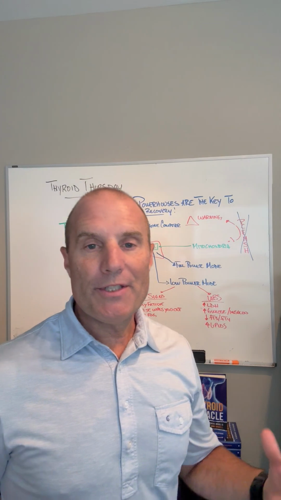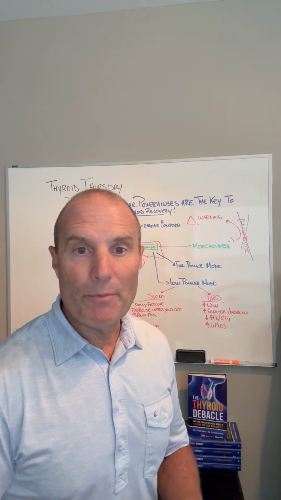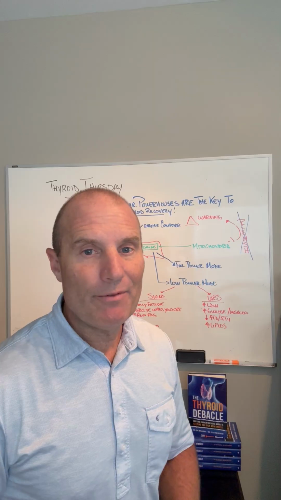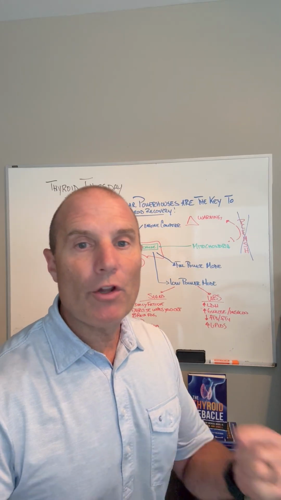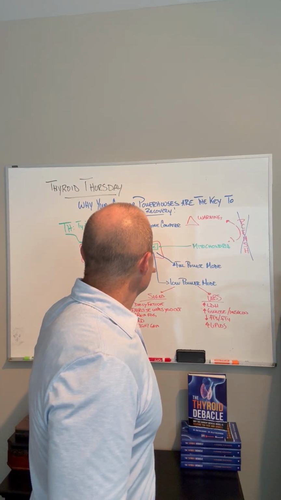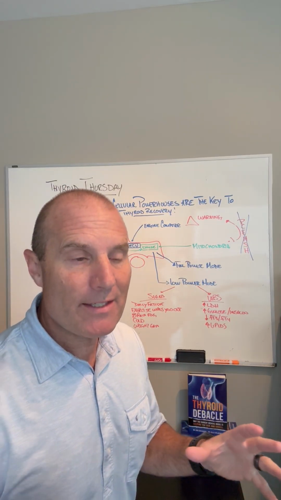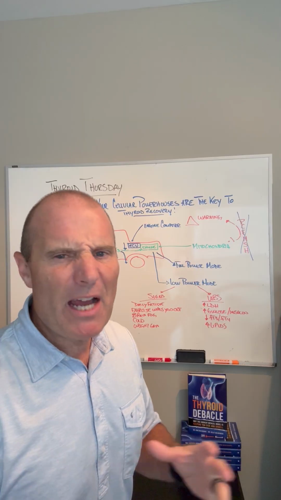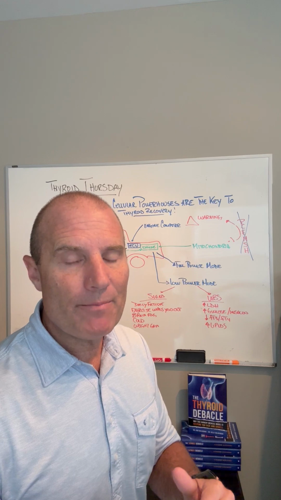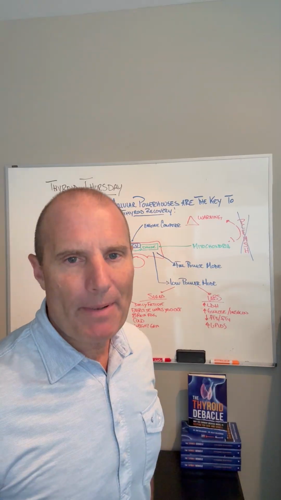When a cell is in homeostasis, low stress mode, the goal of that cell is to increase growth, repair, hormone production, and protein and peptide production, and burn lots of energy and fuel to run all of these really important things that help you feel and function well. However, when there's a stress on the cell, and not just any stress but more excessive stress, the cell needs to adapt to that stress. If it's mild or moderate stress, like with physical training or exercise, there's a short-term downregulation of the metabolism to allow for healing, regeneration, repair, mitophagy, all these things. And then the system comes right back online.